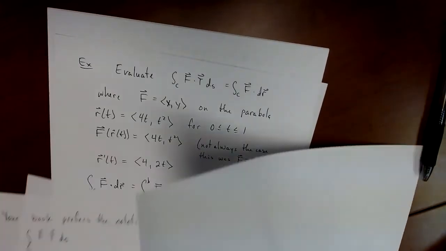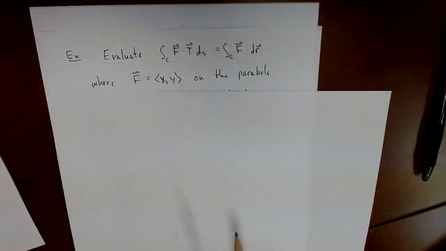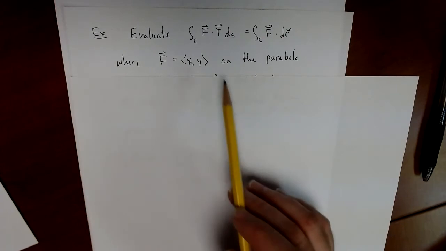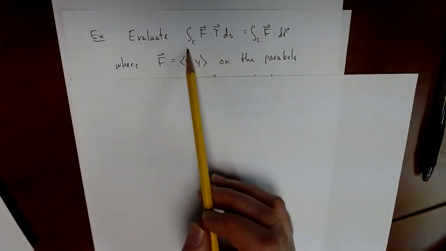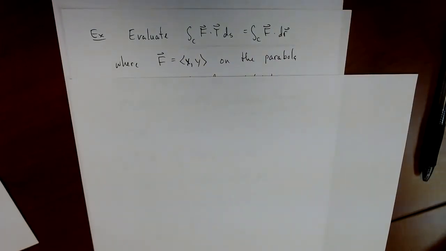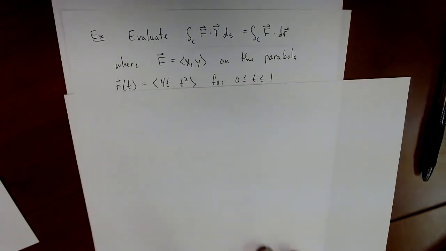So let's do an example. To pay respect to both notations, that's how I'm writing them today, evaluate the line integral of f dot T ds over C, which is the same as the line integral of f dot dr over C, where F is the very simple vector field